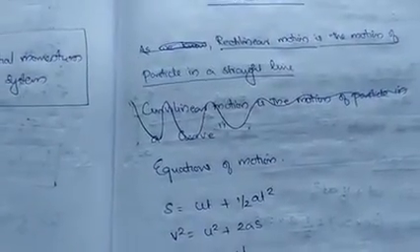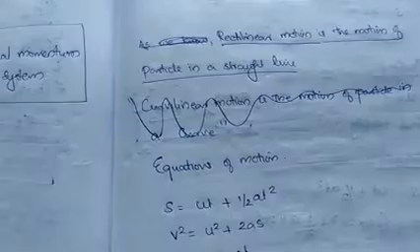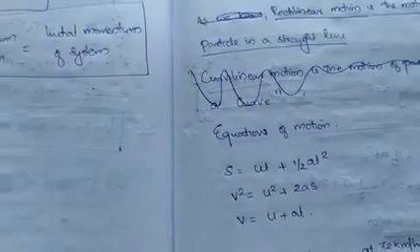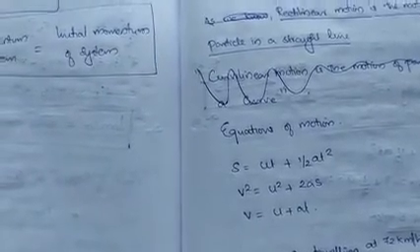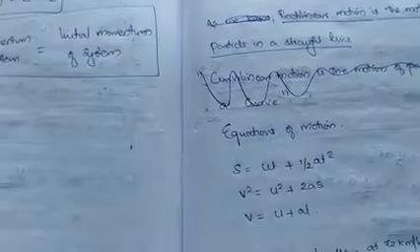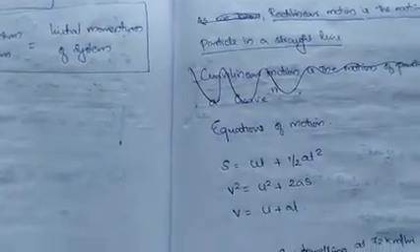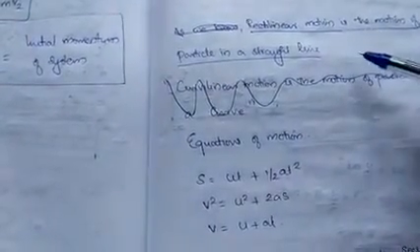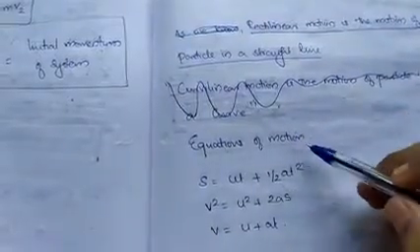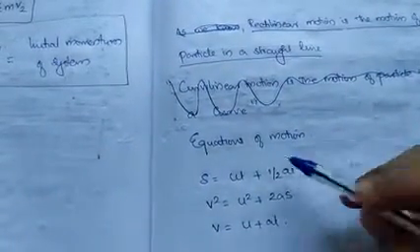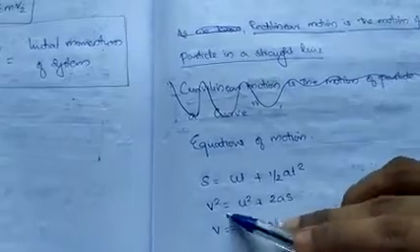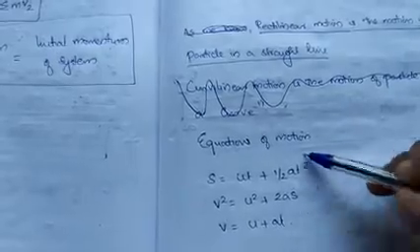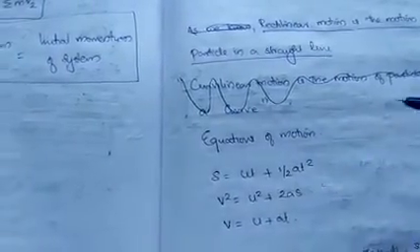Now you are already aware of the kinematic section of rectilinear motion. That means the acceleration and velocity part you are familiar with from your +1 physics. So once again we'll just see what all things can be asked for rectilinear motion problems in kinematics. You will know the basic equations of motion: s is equal to ut plus half at square, v square is equal to u square plus 2as, and v is equal to u plus at. With these basic equations we will solve problems.